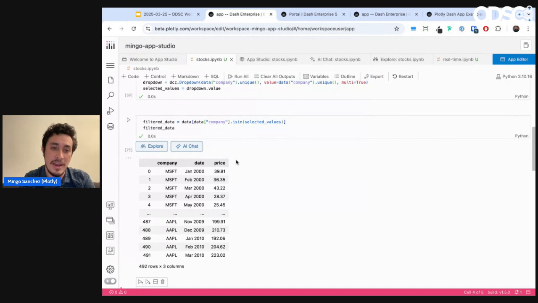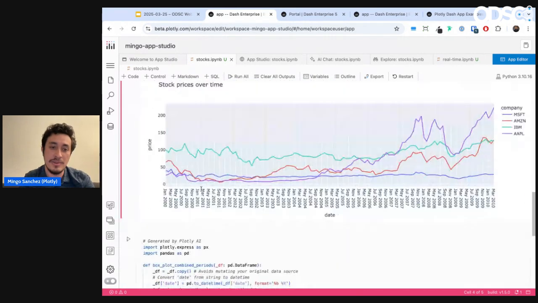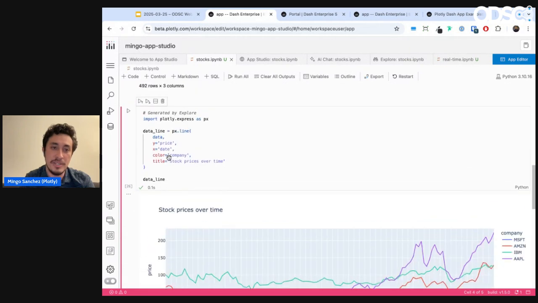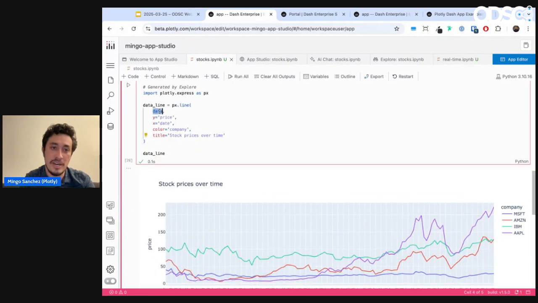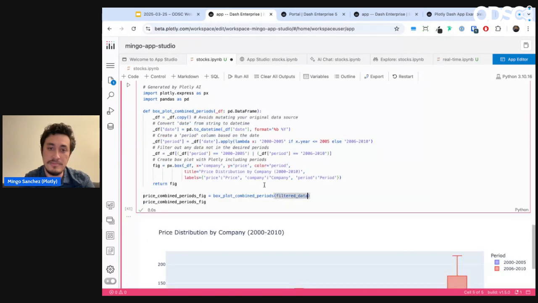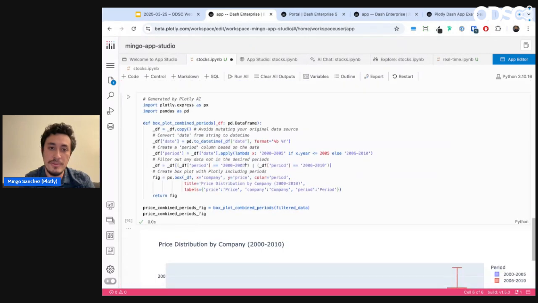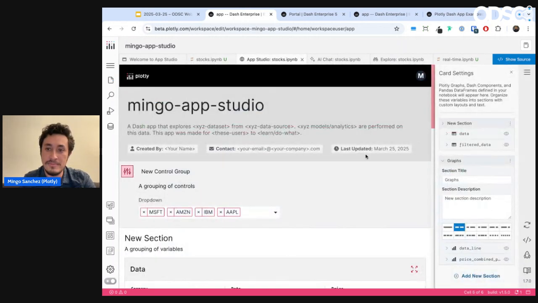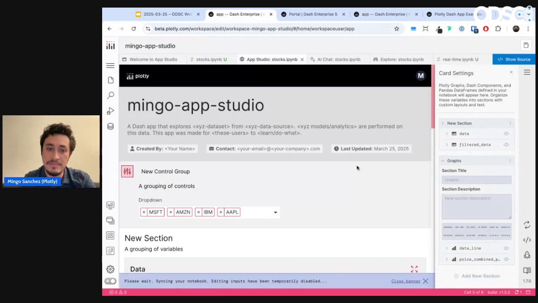Now, I want to take these graphs that I've created using AI and using the UI, and I want to make them respond to that dropdown. So instead of operating off of the full data set, I'm instead going to modify these to operate off of the filtered data set. Right, so I'm going to rerun those, going to save this, and then when I go back to this app editor and resync this,